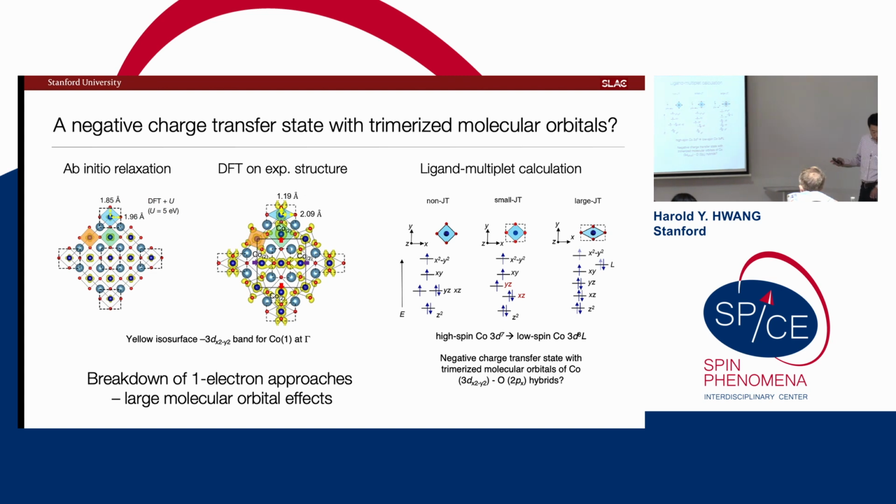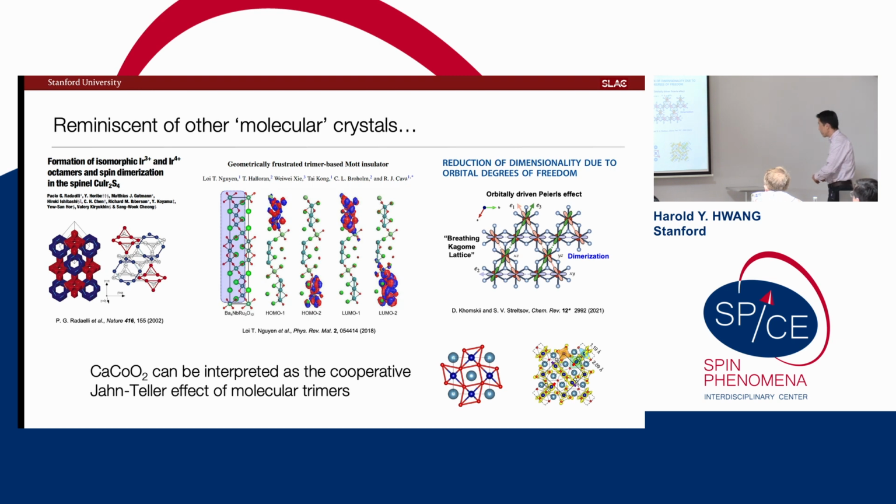So this was quite surprising and interesting, but it dovetails to a school of thought that, at least for me, Daniel Khomskii taught me about and has been a champion of these ideas: that if you look at a number of the oxide systems, there are a number of interesting categories where it's as if it's not really this kind of atomic picture, but molecular crystals being formed. There are famous examples, for example, of iridate systems. There's work from Bob Cava. Again, this is taking these basic ideas from a review article.